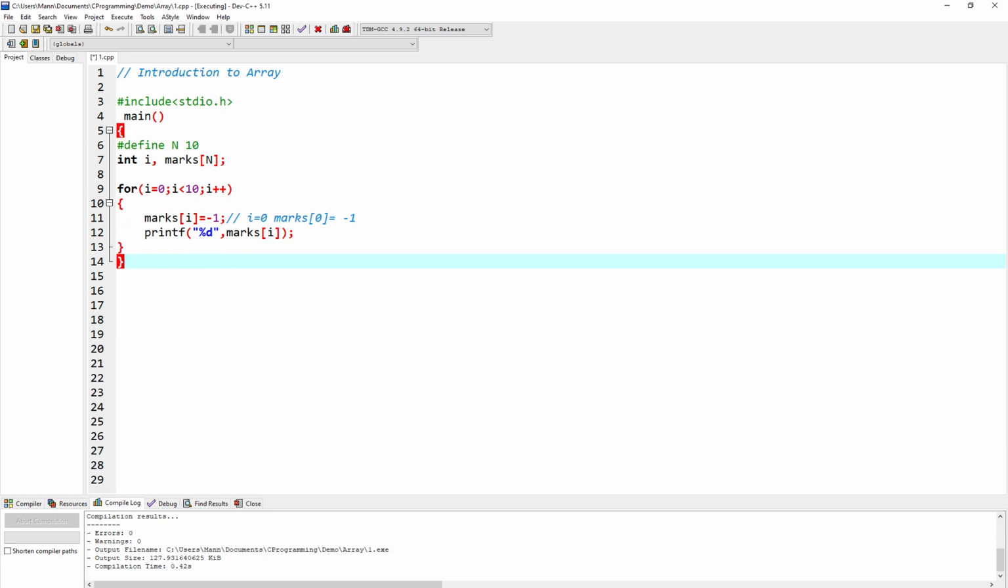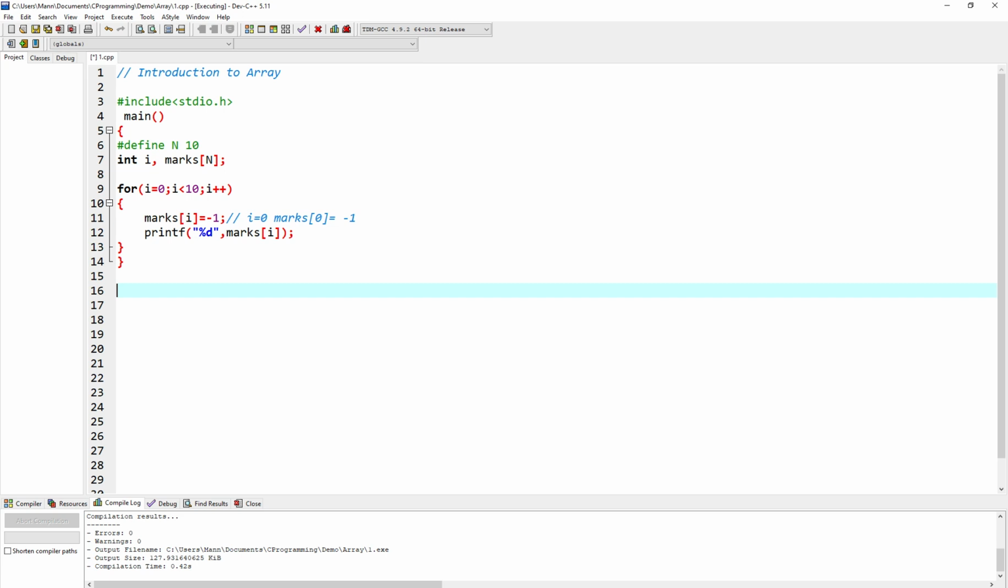Now coming to the second thing: how are we going to calculate the address of array elements? How do we calculate the address? As I said in the very initial introductory part, whenever we declare an array, for example this particular array, here we have declared marks as integer. This array is of integer type, so obviously it is going to take integer values.